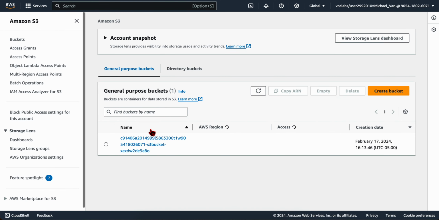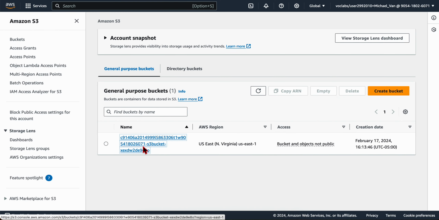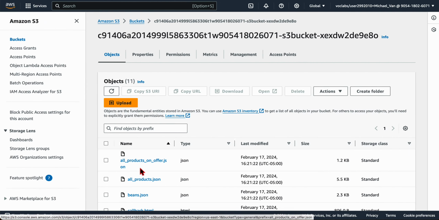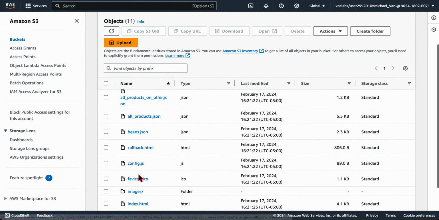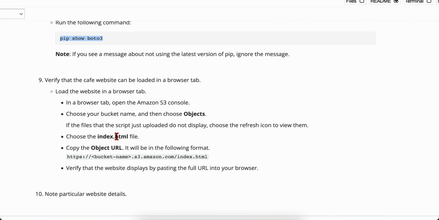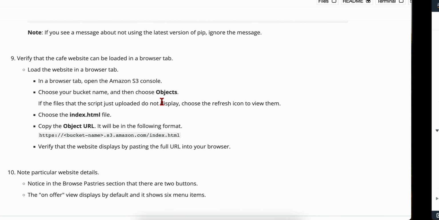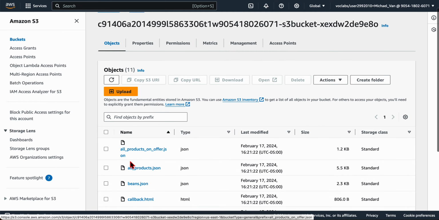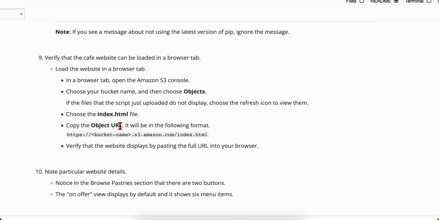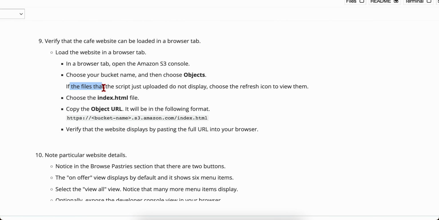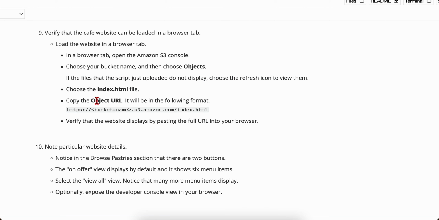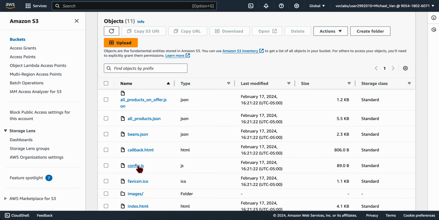And then I'm going to click into this S3 bucket in here. Then in the S3 bucket, we go inside the objects, and if the files that the script just uploaded are not displayed, choose the refresh icon. Then we're going to choose the index.html,